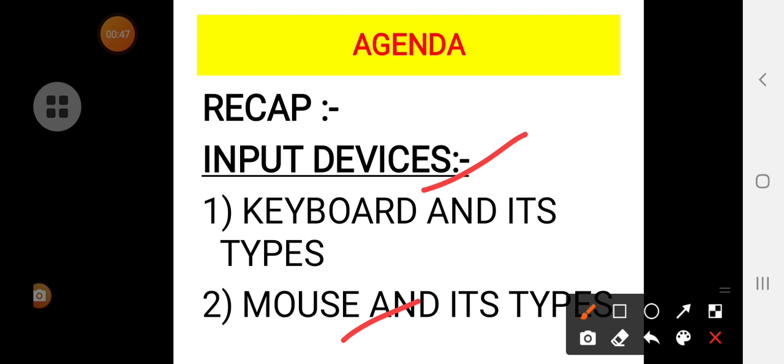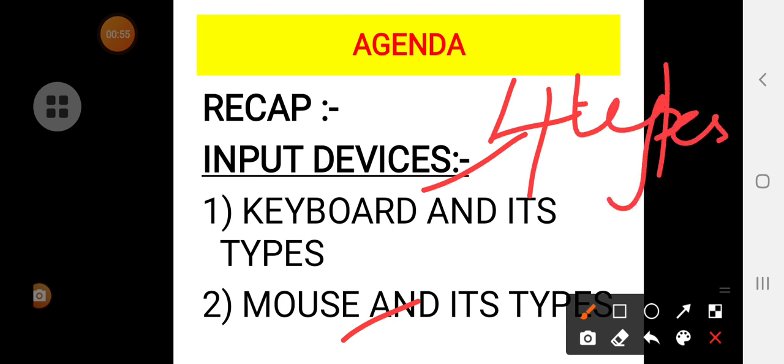A keyboard consists of 4 types of keys: alphabetical keys, numerical keys, special keys and function keys. This we discussed in the part 1 session, that is, in the last class.